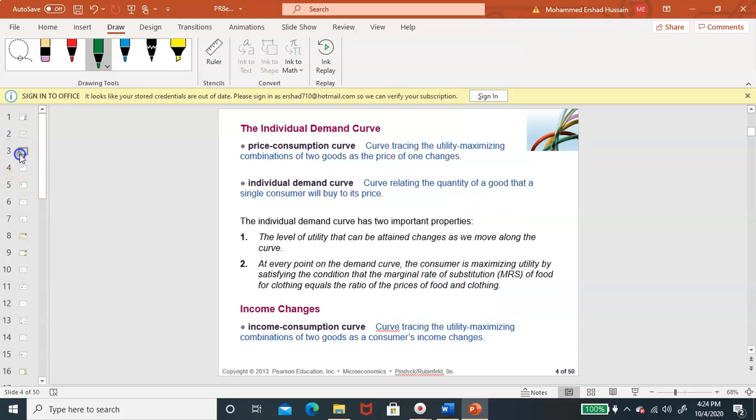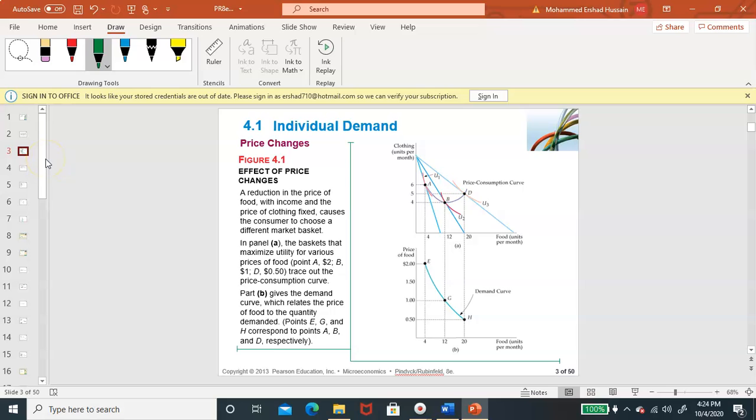Let us take a look at a price consumption curve here. This one is telling us that the price consumption curve is the locus of combination of all these points that show us what the consumer will consume at given